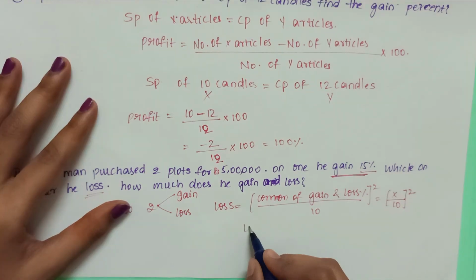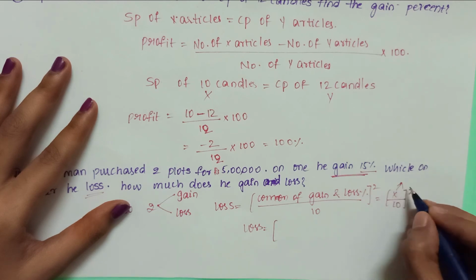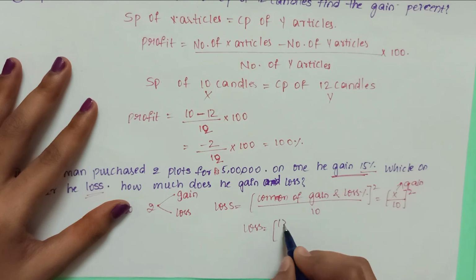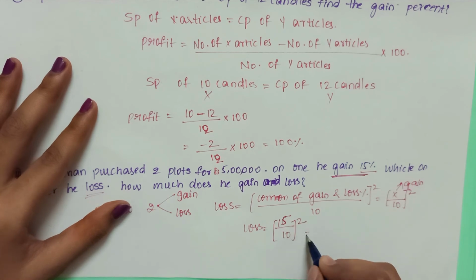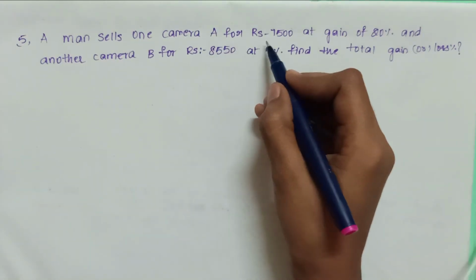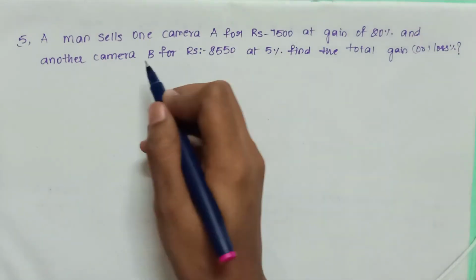Now to find the loss, we substitute this X as gain, where gain is 15%, so 15 by 10 square. If we calculate, we'll get 2.25%. Now fifth example: a man sells one camera A for rupees 7,500 at a gain of 20%, and another camera